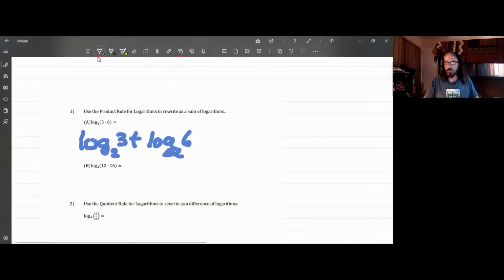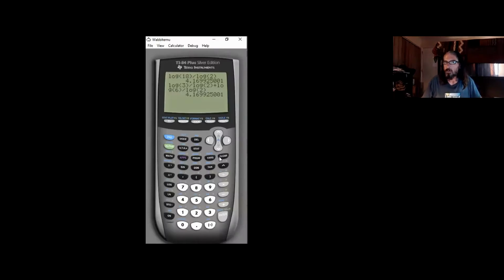But if you would like to feel more confident about your answer, then if you know about the change of base formula, we could see how close this is to the original. 3 times 6 is 18. Remember that the answer to a logarithm is an exponent. So what power of 2 could give us 18? 2 to the 4th is 16, and 2 to the 5th is 32. So I'm expecting an answer that's between 4 and 5. So let's see here. Log of 18